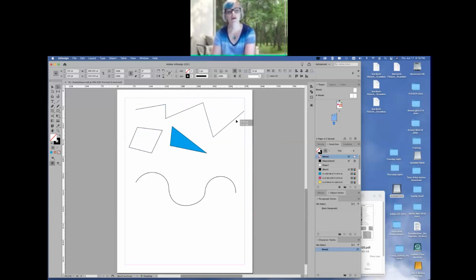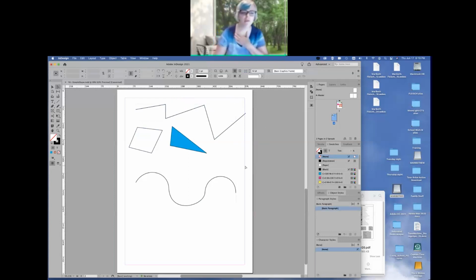Just move around. So always come back with the direct selection tool to fix it up. But when you first start it, finish the line, then go back and edit it, then go back and fix it. And the last thing I'll show you about the pen tool is you can combine straight and curved